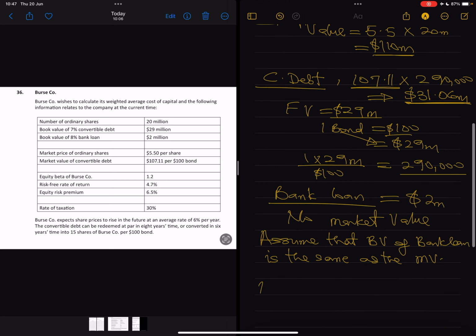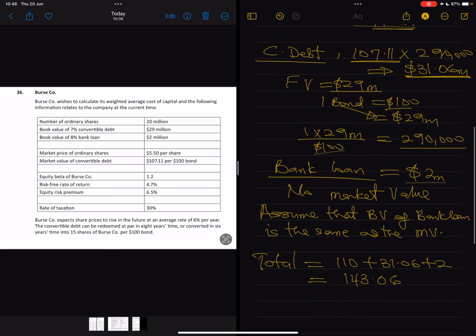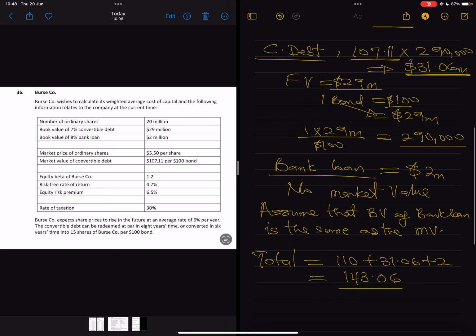So which means the total capital that we have raised is equal to 110 from equity, 31.06 from convertible debt, and 2 million from bank loan. And if we add all of that together, 110 plus 31.06 plus 2, that gives a total of 143.06. So that's the total capital that this company